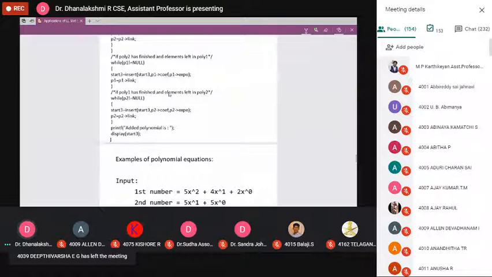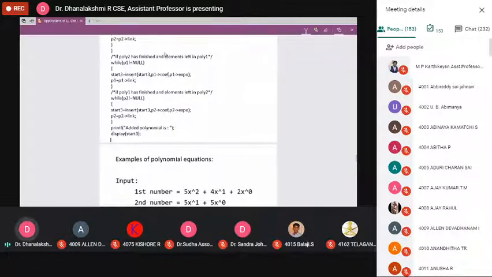Next, consider the second option, where P1 has finished and P2 is left over. P2 has some more elements. So how can we do it? Again, you check that P2 is not equal to null. You copy all the elements one by one, incrementing P2 alone by 1. Once P2 is equal to null, you stop the procedure.